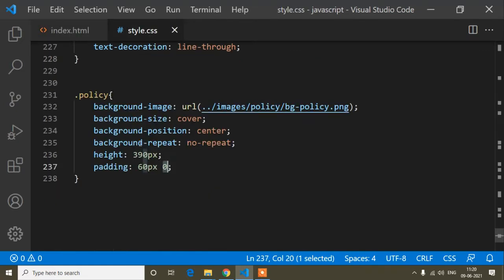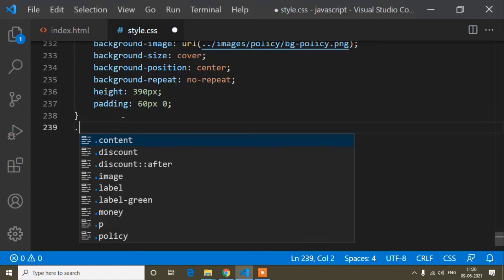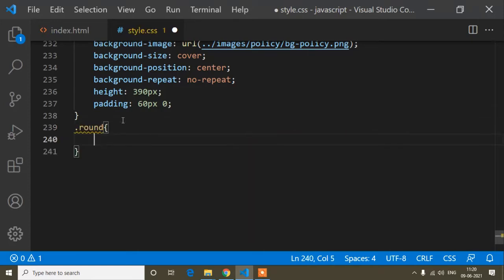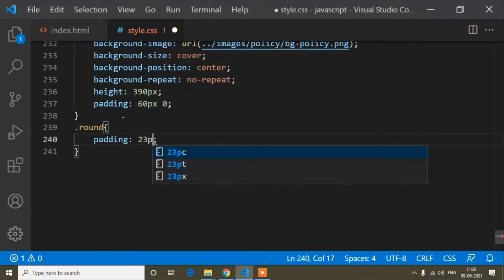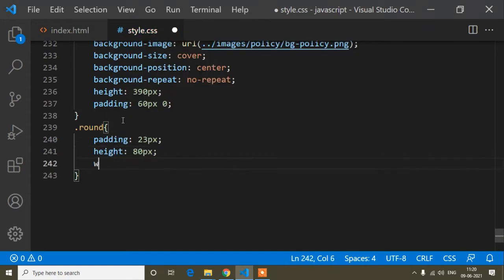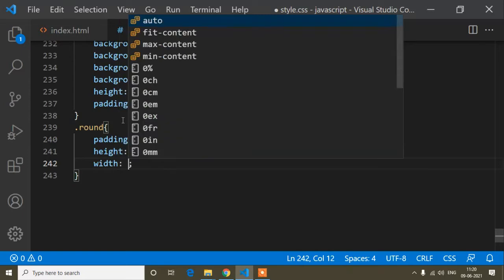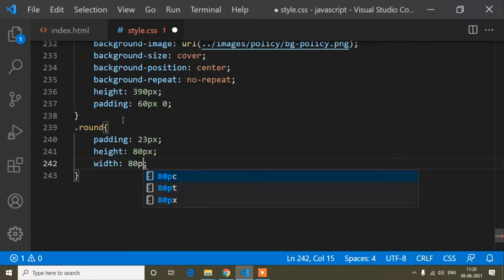Okay, so now here I will add this round class, and first of all I will add padding. So padding is 23 pixel, and here I will write height. I will set the height of this element to 80 pixel, and also the width of this element to 80 pixel, and I want to make this element round.